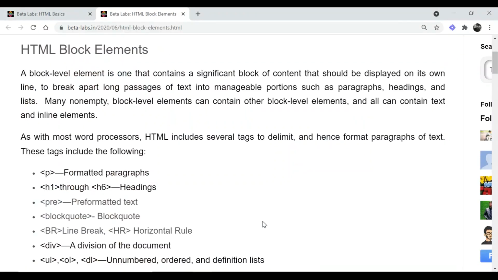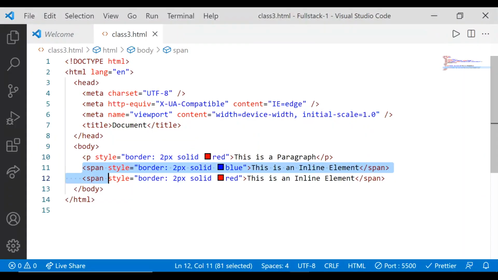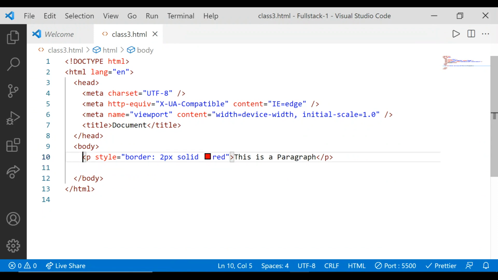So now I'm going to explain what p is and how we can add more attributes into the paragraph, to make it more generic and more representable. So let me go back to the code. अभी के लिए हम span हटा देते हैं, we used it just for the explanation. Now I'm going to create another paragraph.